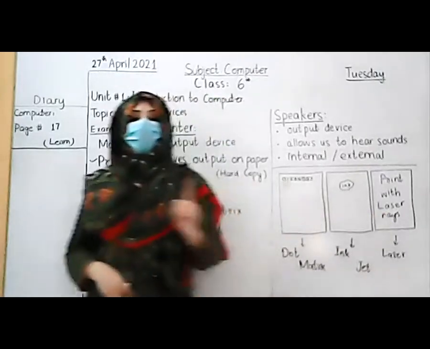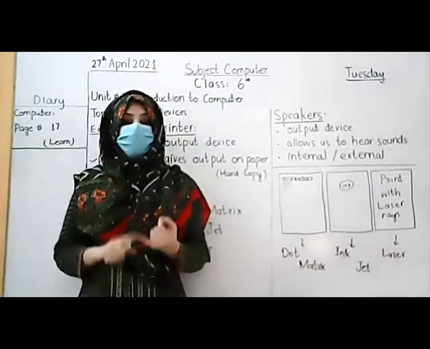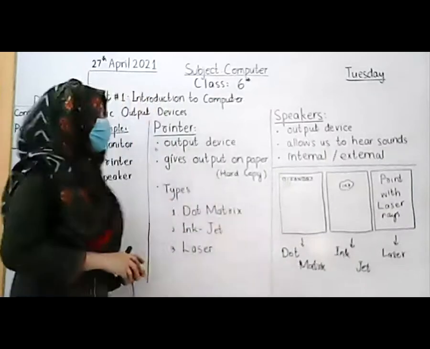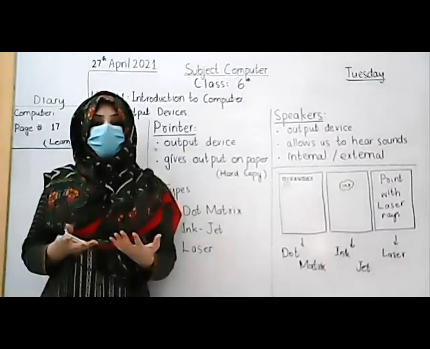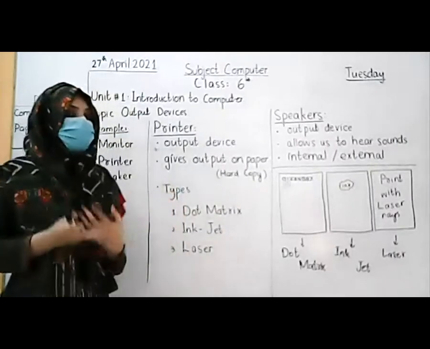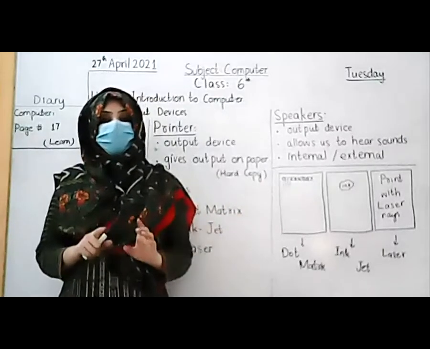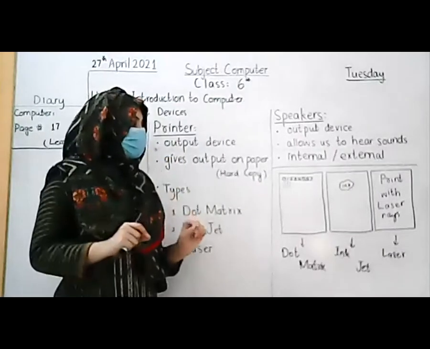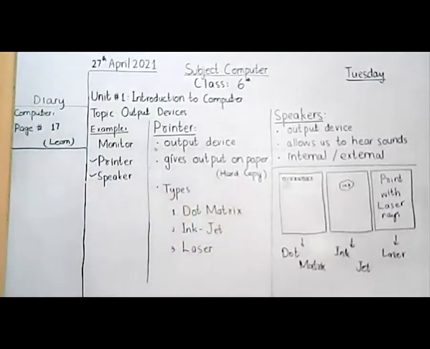The laser printer always works with rays and waves, means light, through laser light. On the laser light, you can take a view of that specific image or information, and it will go for it by using the laser light. First of all, the laser light will put a shadow on that page, and the printer will print it using the ink. So I am going to show you a video now about how a printer works.